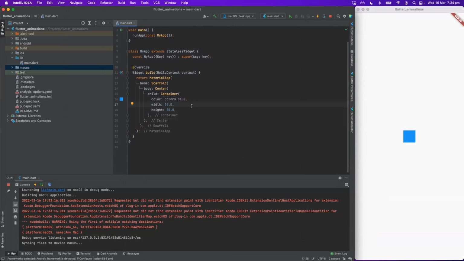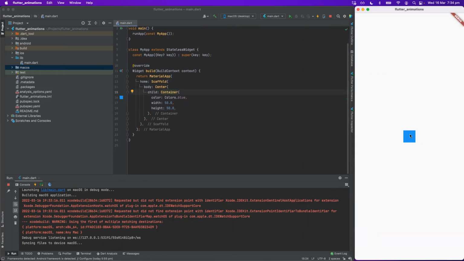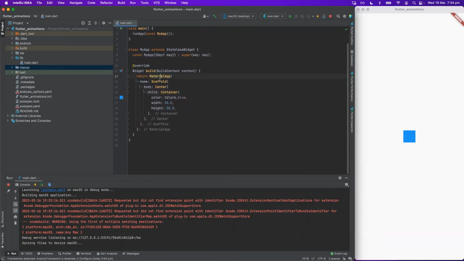Okay, cool. So that's the first thing. We created this simple container that doesn't currently do anything. It's just a simple blue container. So let's add it to this button. And on this button, we will just randomly change some parameters for this container, like size or color.